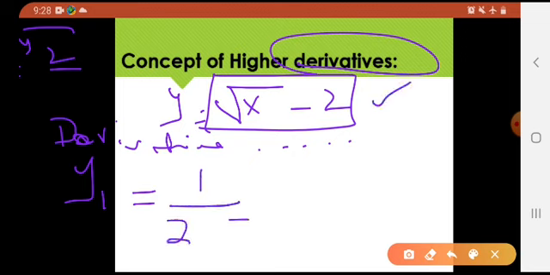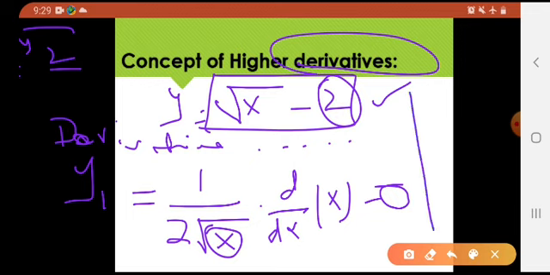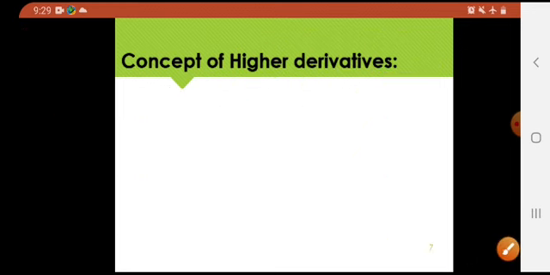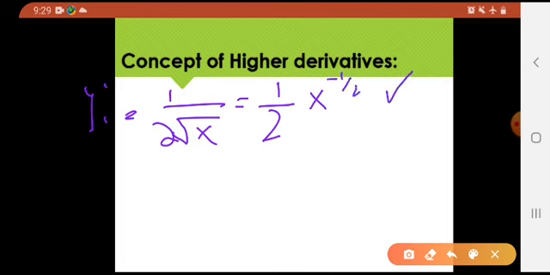I have told you people so many times, 1 divided by 2 into radical of x into further derivative of this inside thing which is x minus, what is derivative of this 2 which is a constant number? इसमें तो change होगा नहीं, so that would be 0. Okay, now let us check the answer. My y1 is, we can see, this is 1, so it would be 1 divided by 2 radical of x. This is my y1. Now if y1 is 1 divided by 2 radical of x, which I can write as 1 divided by 2 x raised to the power minus 1 by 2. This is my y1, right?